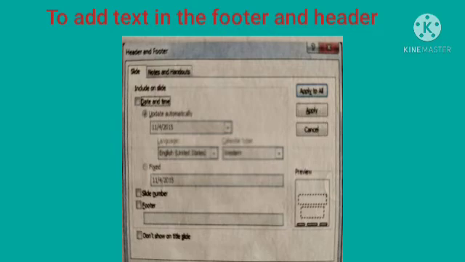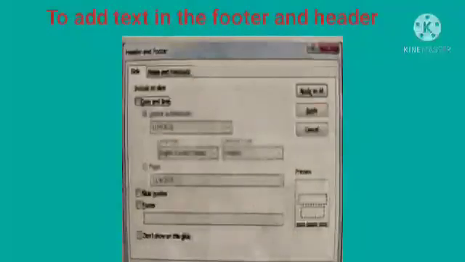The Fixed option means that even if you open the presentation a month from now, the date and time will be fixed to the time when you created the header and footer. The next two options are slide number and footer. And the last option determines whether the header and footer is shown on the title slide.